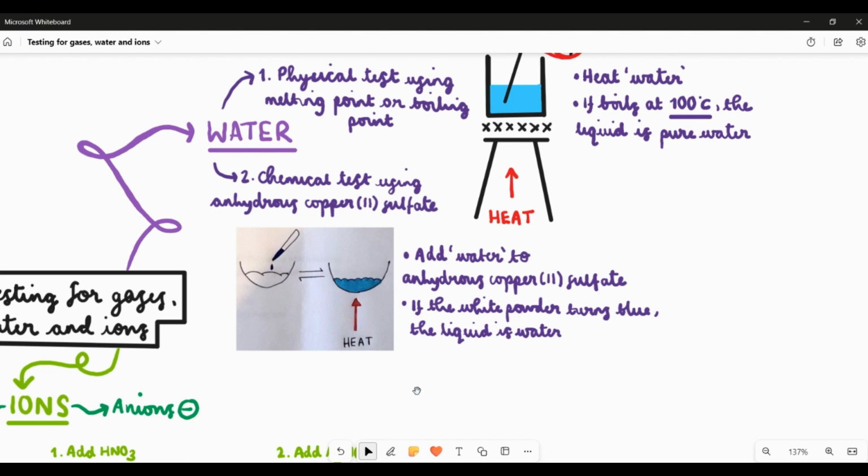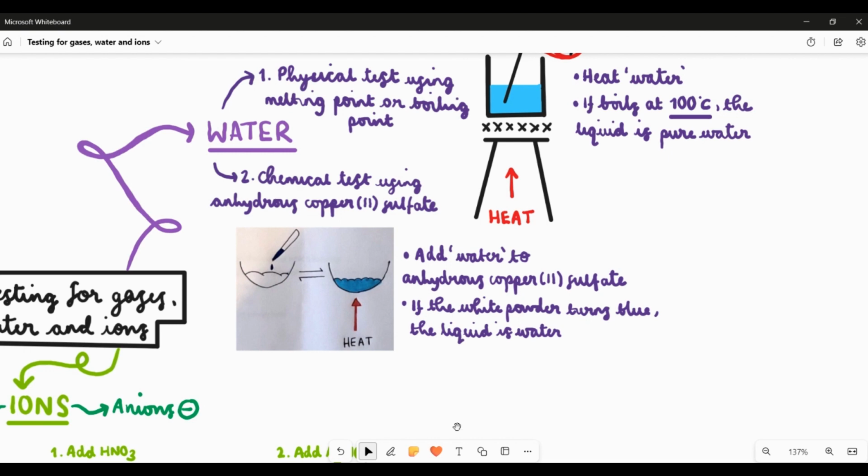For the chemical test for water, we add the water to the white anhydrous copper 2 sulfate powder, and if that white powder turns blue, then the liquid that I have added has to be water, because the only time we get those blue hydrated copper 2 sulfate crystals being formed is if they have water locked in to them. Okay, so that's how we can do both a physical and a chemical test to test for the presence of